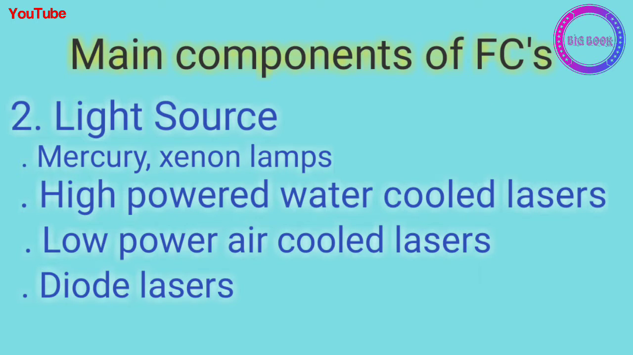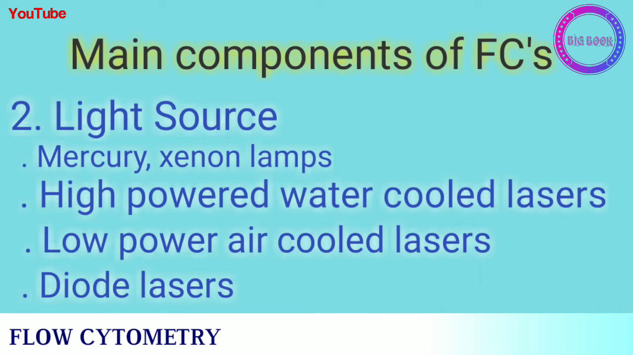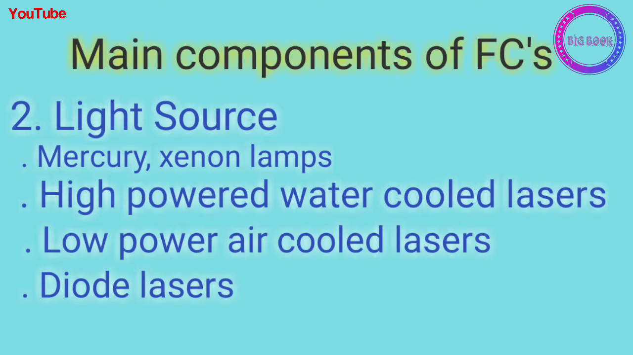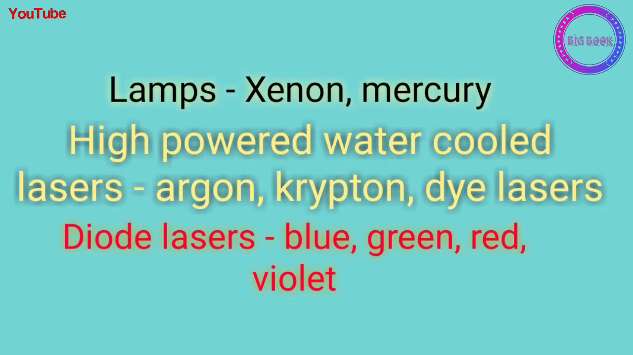The next component is the light source, which includes lamps, high powered water cooled lasers, low power air cooled lasers, and diode lasers. These are the light sources from where the light will be emitted towards the sample in the narrow tube. Lamps will be xenon or mercury. High powered water cooled lasers will be argon, krypton, dye lasers. Diode lasers are blue, green, red and violet lasers, which are used to pass the beam through the sample